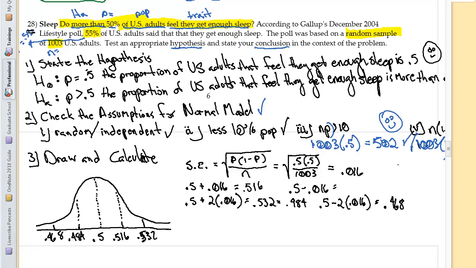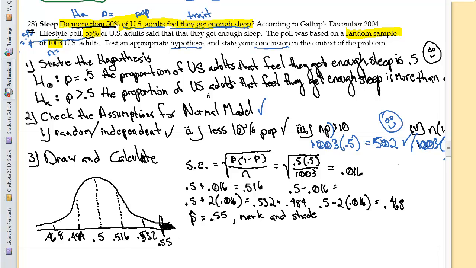0.468. Okay. So that gives me that. Now what you want to do is put your test statistic in. Remember I told you that p hat was 0.55? Take that p hat of 0.55 and mark and shade. Okay? So now remember you are looking for more than 50%. So I'm going to go up here and look, 0.55 is actually greater than this, right? So I'm somewhere over in here, okay? Here's my 0.55, somewhere past 0.532, and more than is this direction, so I'm going to shade to the right,